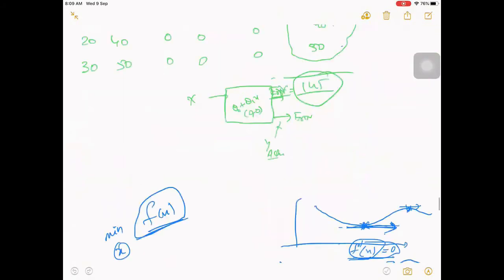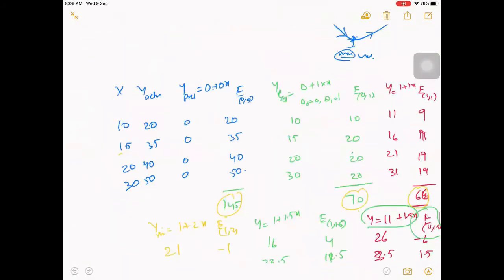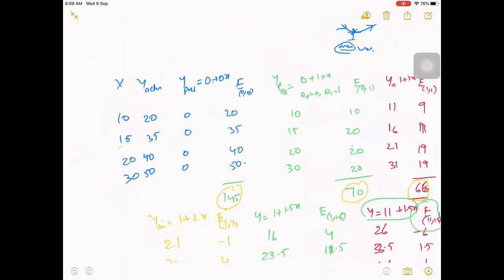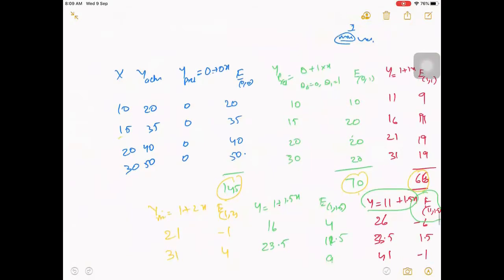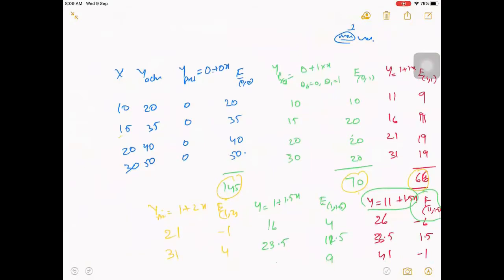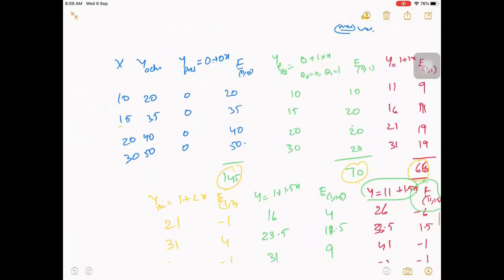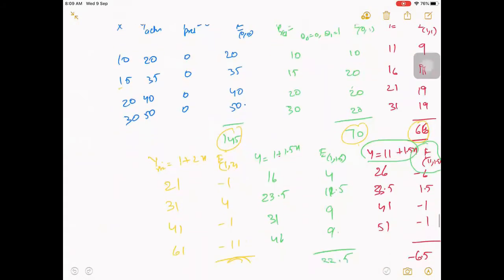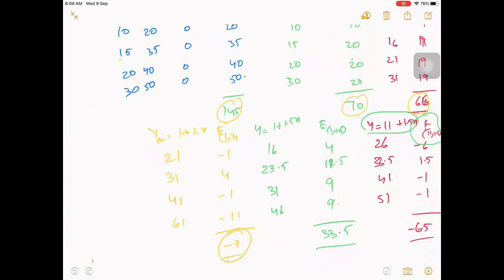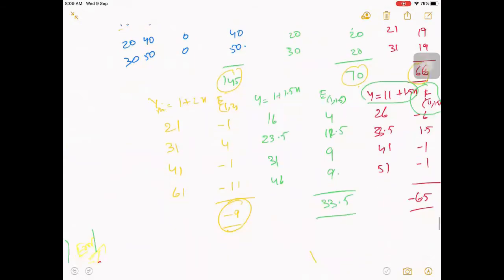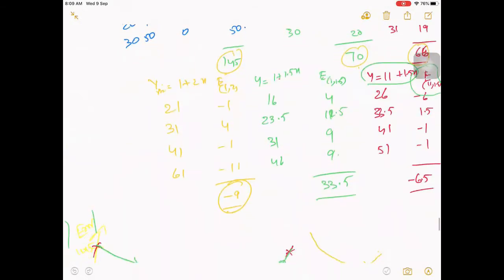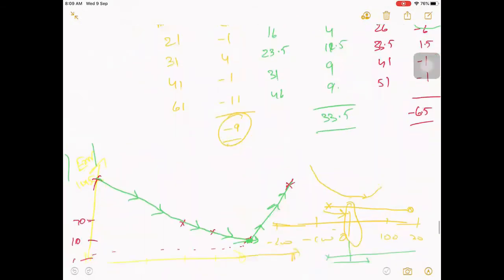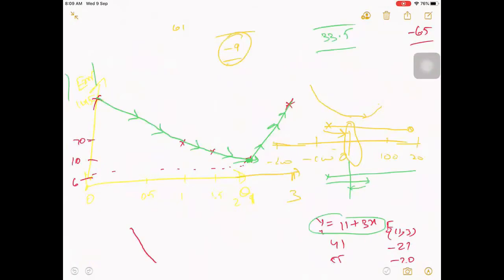So what we have done is we initially took zeros for both and then calculated the error. Then we incremented them to some value and calculated the error again, and we observed the error at different points. When we plot all this, we can see that at some theta values we are able to get a minimum error.